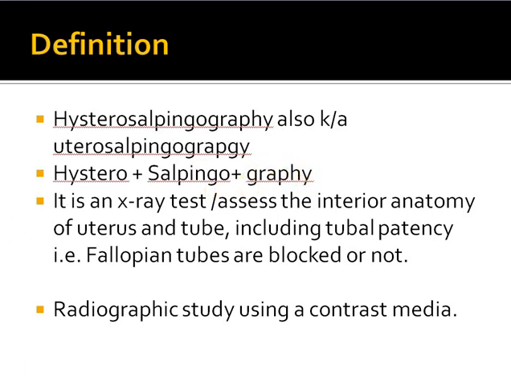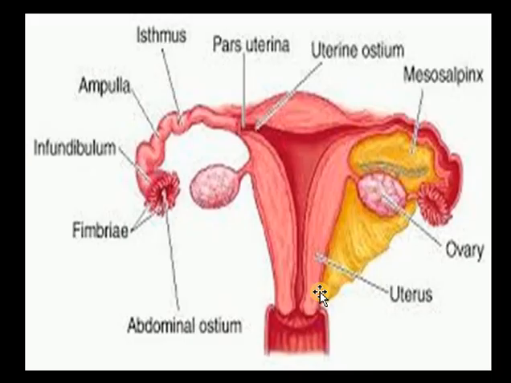So basically hysterosalpingography is a radiographic study which is done using a contrast medium with the help of an X-ray report, which helps us to assess the interior anatomy of the uterus. That means whether the structure of the uterus is normal or abnormal, and the fallopian tubes, that means whether the fallopian tubes are blocked or open. Before moving forward, we'll see in brief the anatomy of the uterus